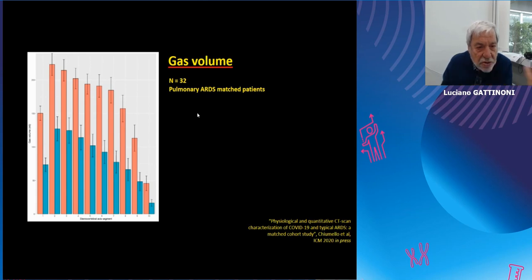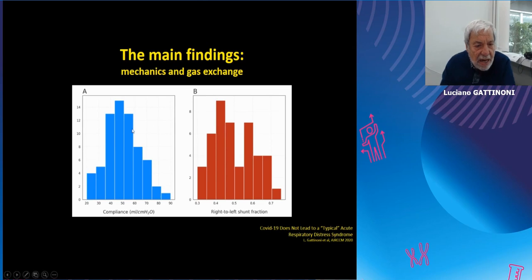But for emotions or for some prejudice. And this was the first observation we did during the first wave. After the very first few patients, we found that there were 16 patients, if I correctly remember, and about half of them had a compliance greater than 50. And you see, what is the problem?